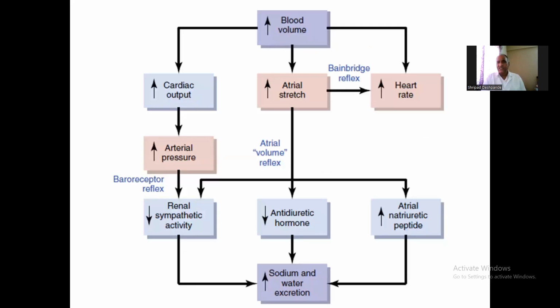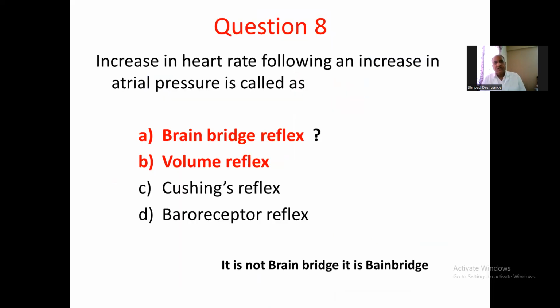Now you can see the same thing here in this flow chart. Increased blood volume increases the venous return to the atria, produces the atrial stretch, and the atrial stretch activates the Bainbridge reflex and increases the heart rate. Thus, one increase in heart rate following an increase in atrial pressure is called,